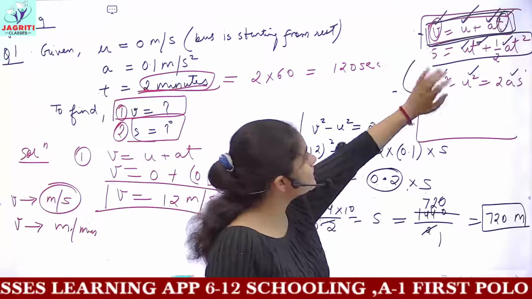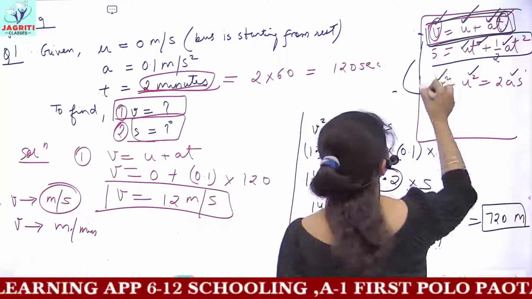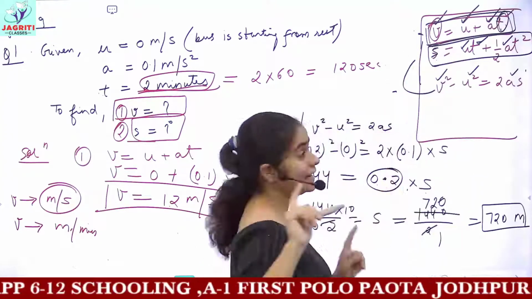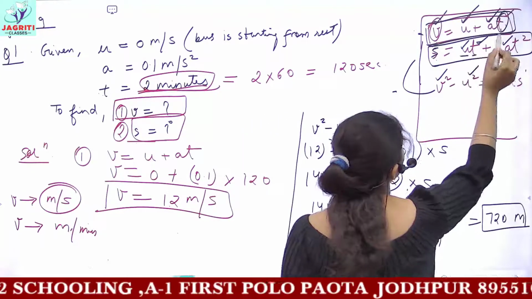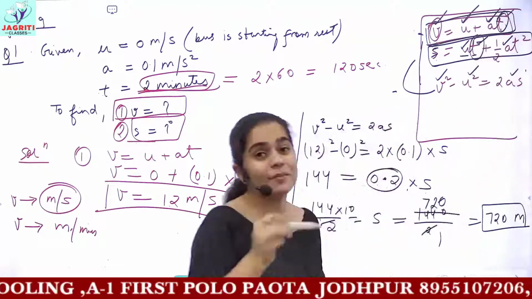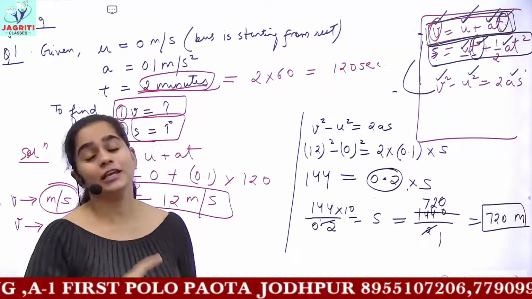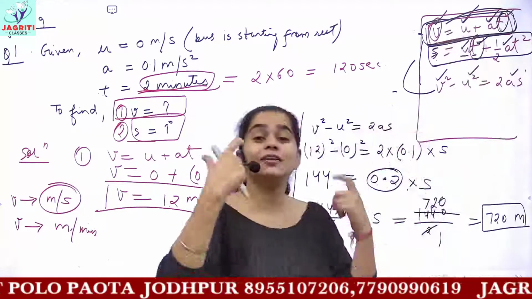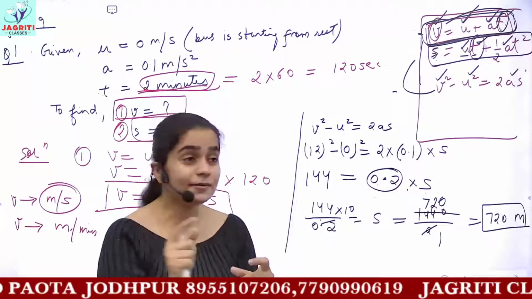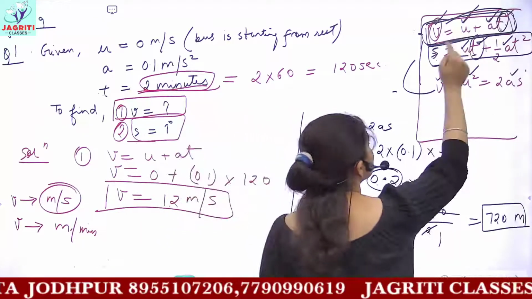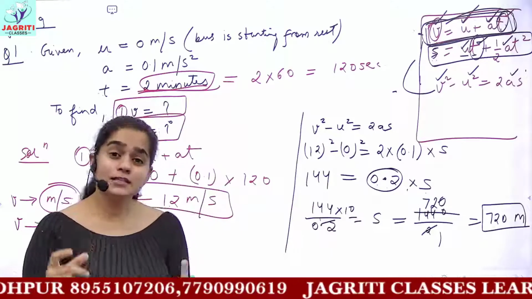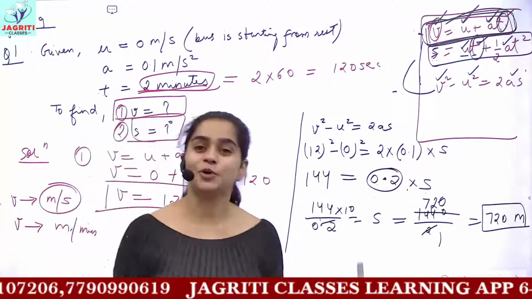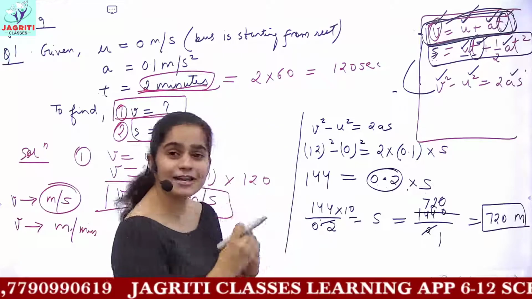If we apply the second equation, then what do you have? In the second, you have to find the value of S in our question. You are given U, but you do not have the parameter time given. And we can also solve it. First, we'll apply this equation. We'll find the variable time. And after finding time, we'll apply the second equation and then we'll find distance. This would also give you the correct answer definitely, but it would be a long process. So let's see, do we have any other option?